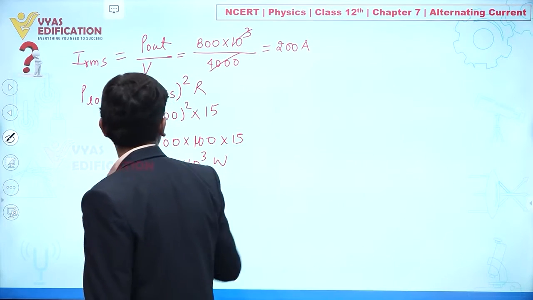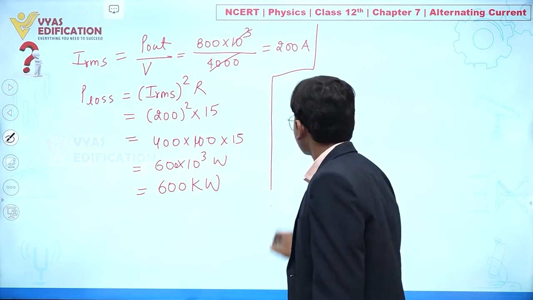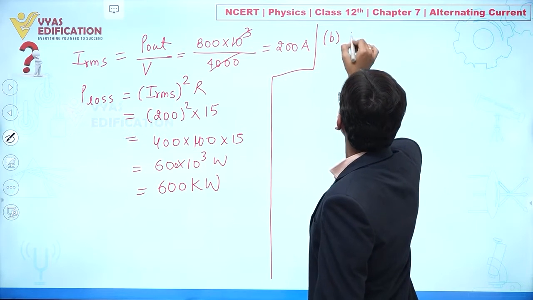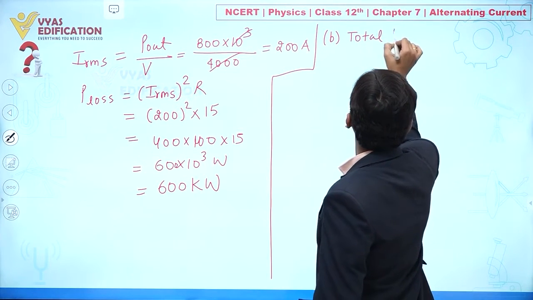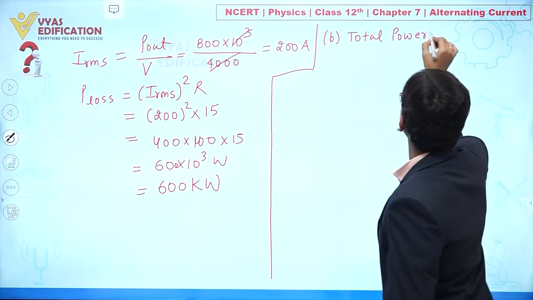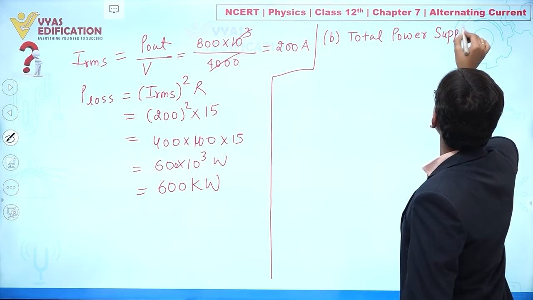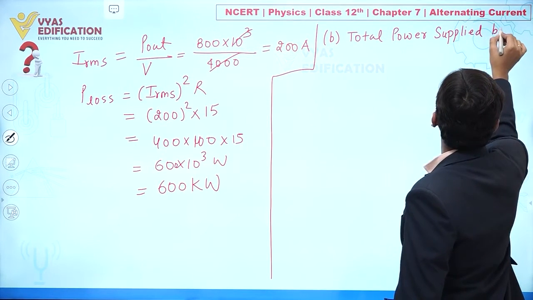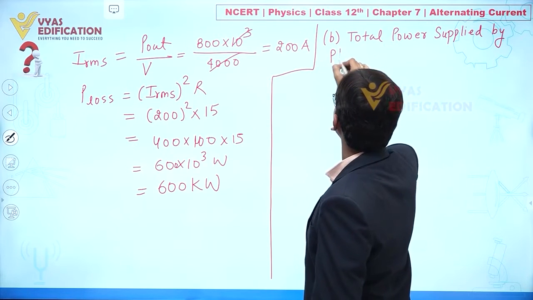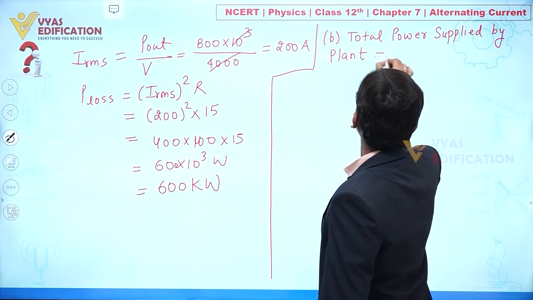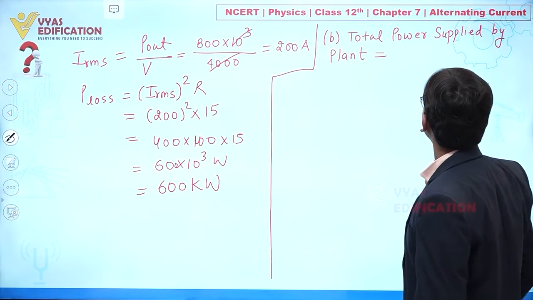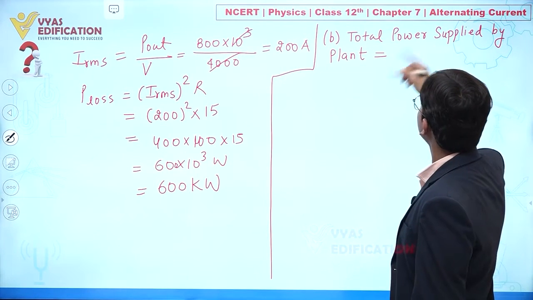Now we can see total power supplied by plant. Total power supplied by plant is given by